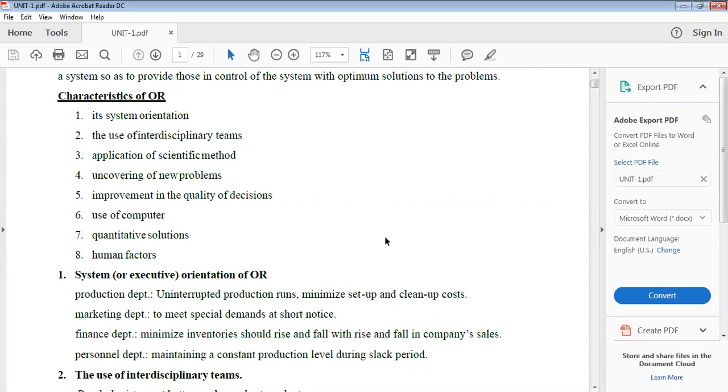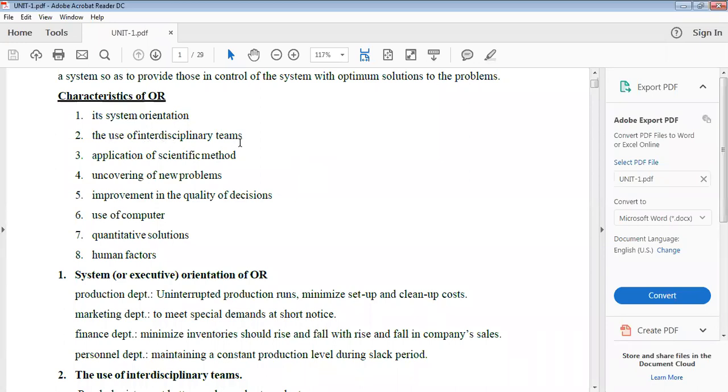The main intention is to improve the production for that particular process. It's a scientific orientation. There may be a production team, planning team, design team, quality control team, and in addition to that,